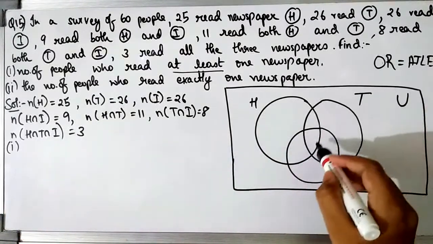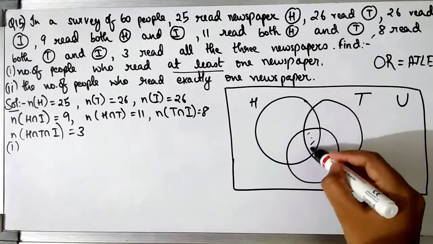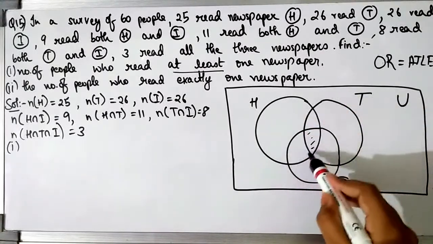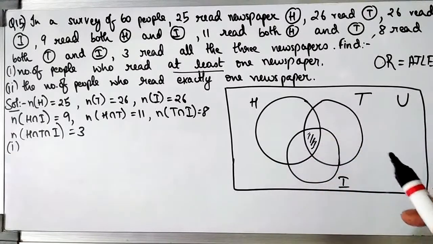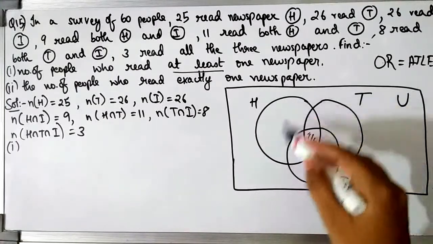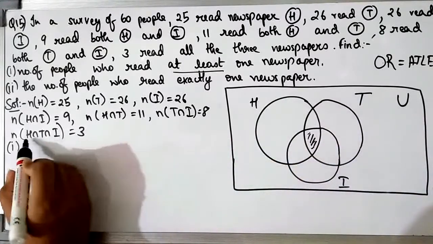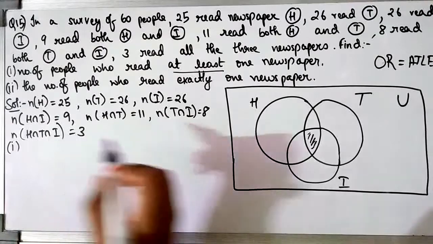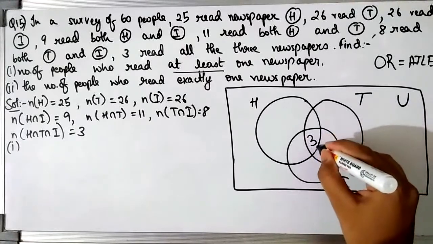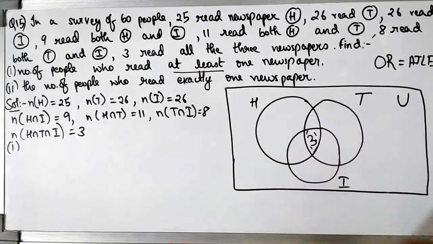Now just check which part resembles that intersection of the 3 sets. Now if you see carefully, this part resembles the intersection of all these 3 sets. That is, in this part all the 3 sets meet. In this part you can see the I is also there, then the H is also there, and the T is also there. That is, all the 3 newspapers meet in this part. And the number of elements of this intersection of these 3 newspapers is 3. So the value of this part will be 3. That is, there are 3 elements present in this small part. Only in this part 3 elements are present.